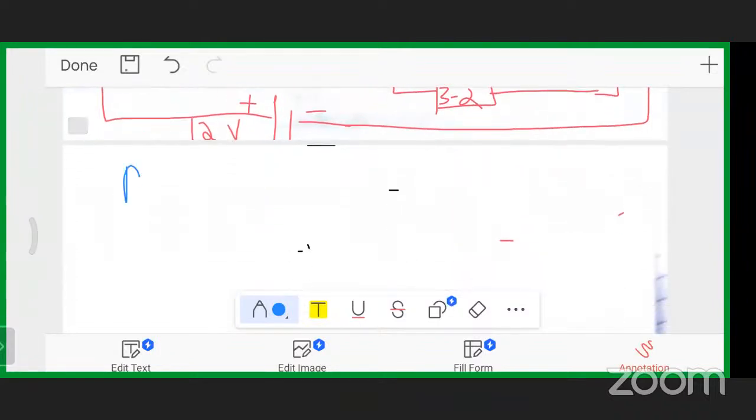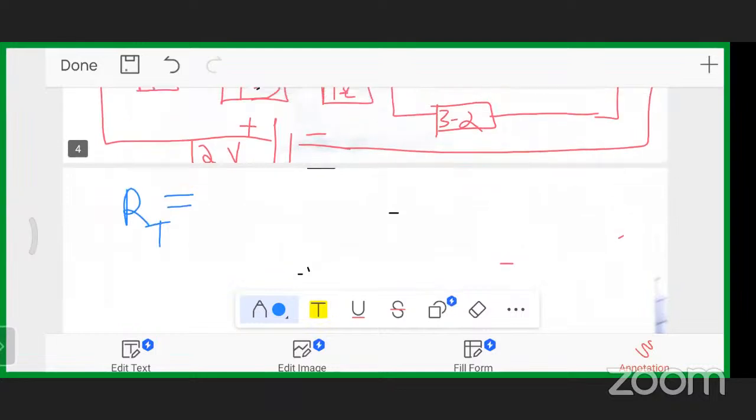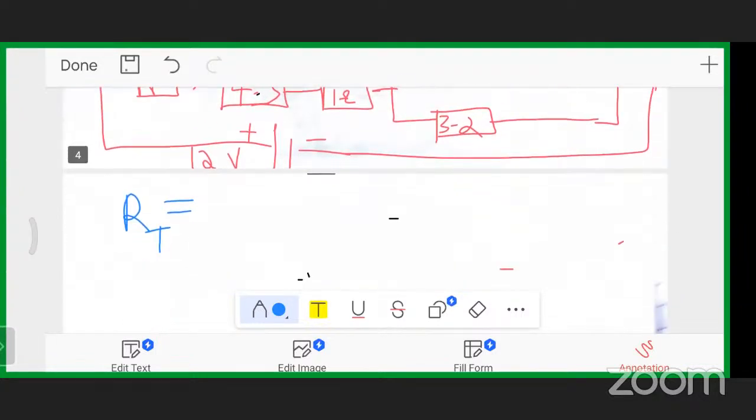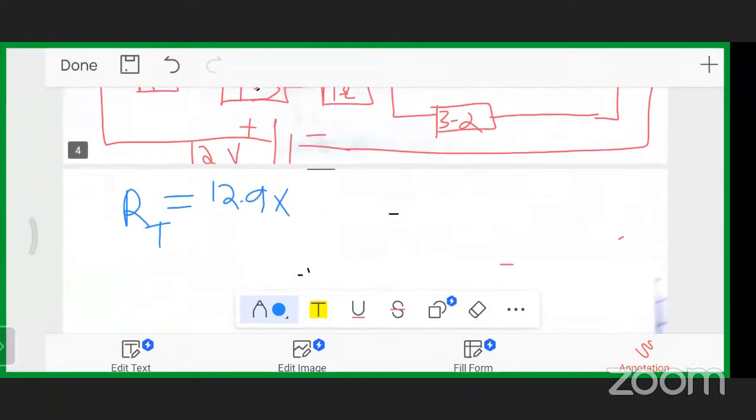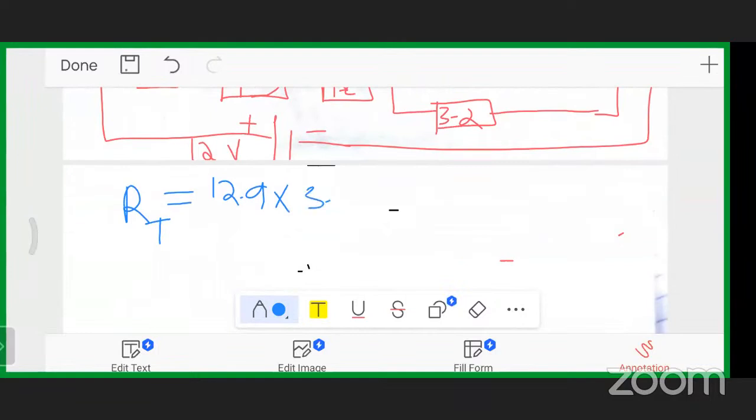So R total for them will be R1 R2 divided by R1 plus R2. So you can take 12.9 times 3.2 divided by 12.9 plus 3.2. So that will give you,